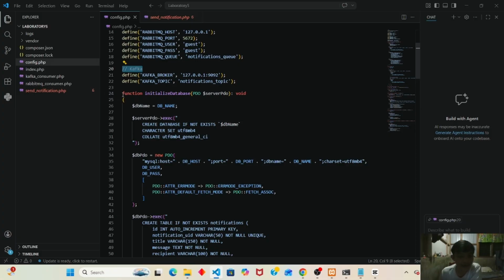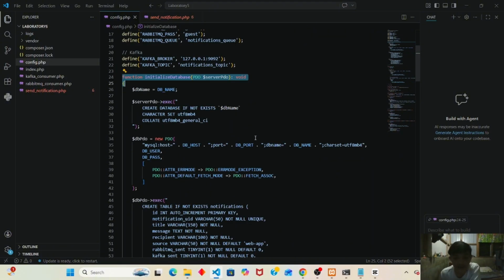Next we have the function initialize database. So this automatically creates notification tables, stores messages, it creates processing logs tables, and stores processing history. This is important because we don't need to manually create the database system. It sets itself up. So that's the function of initialize database.